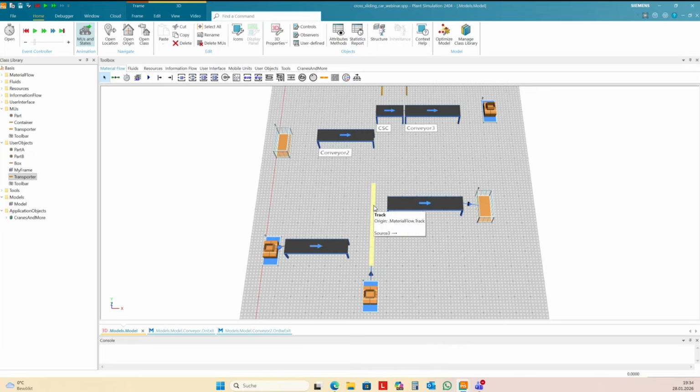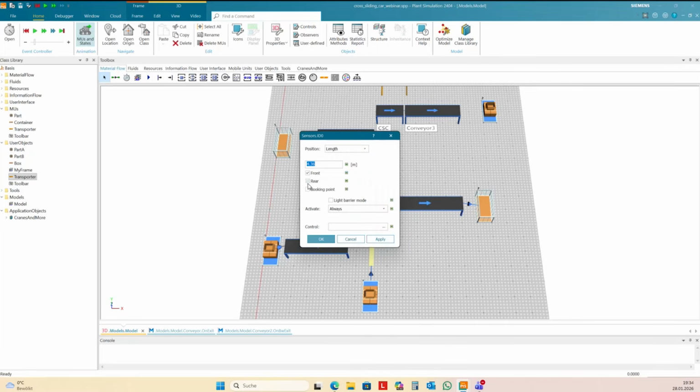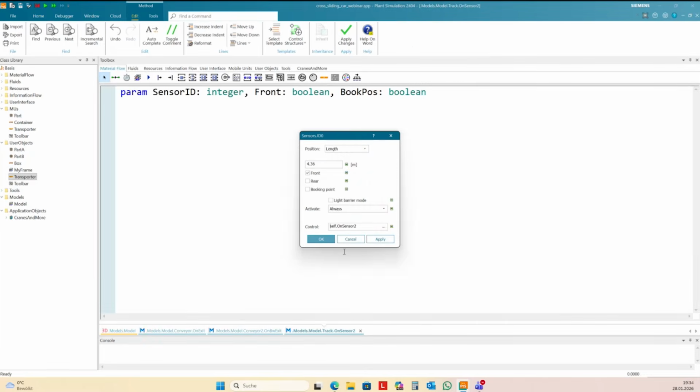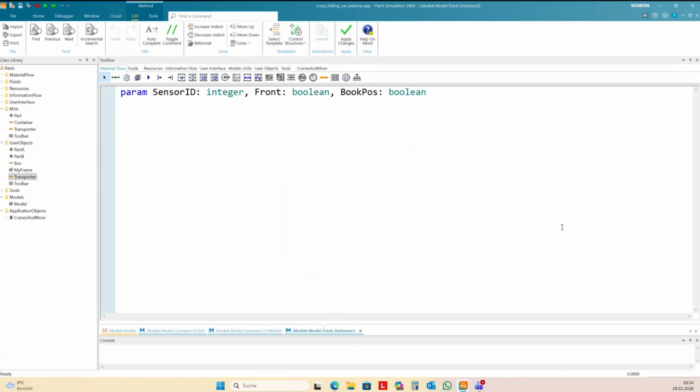So, next sensor. And again, I need to stop the transporter. Then I unstop the part on the transporter.